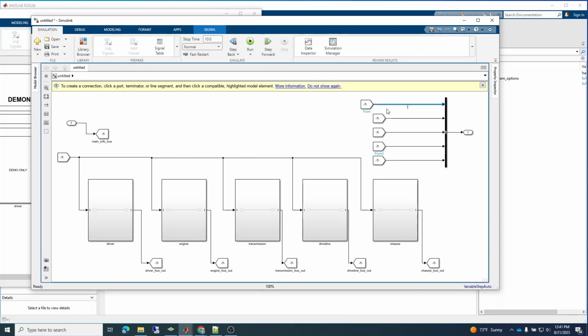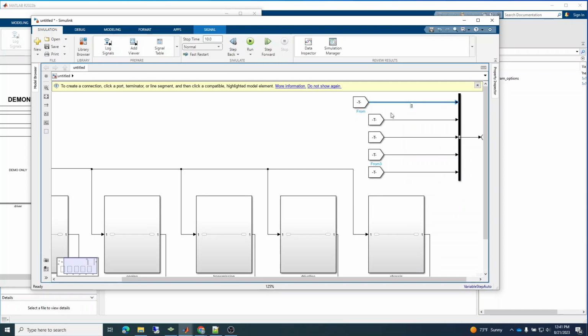So we use these special annotations. So you put square brackets and with the square brackets,